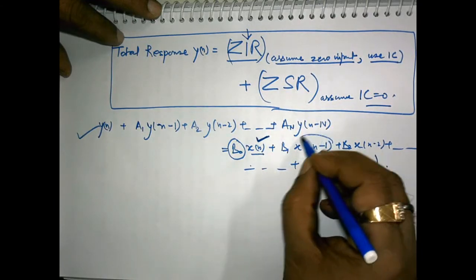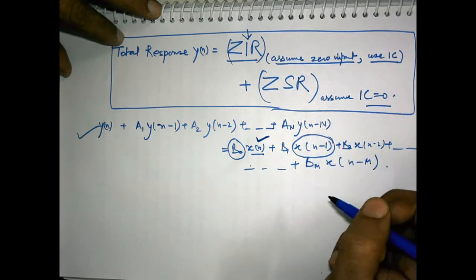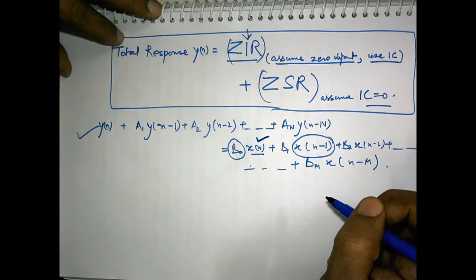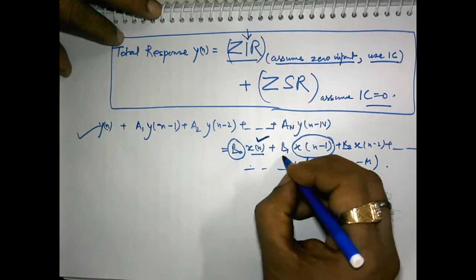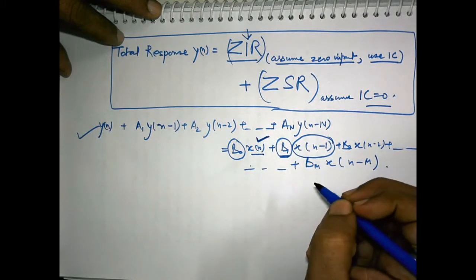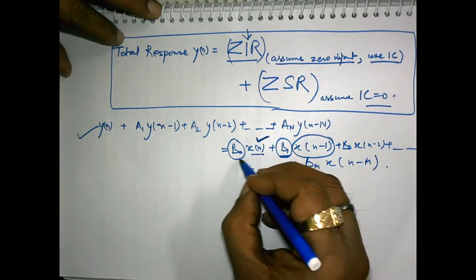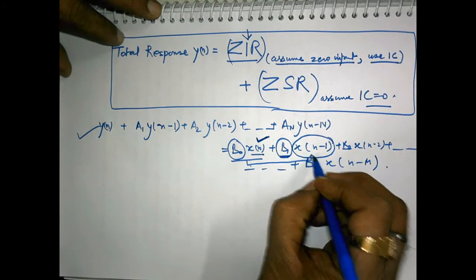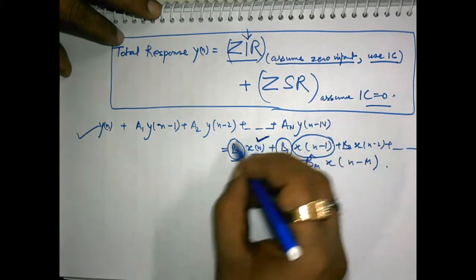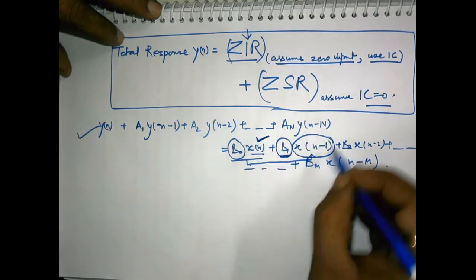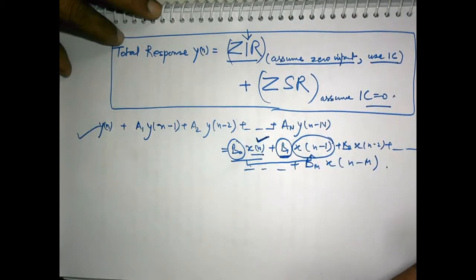we can very easily determine what will be the output when we are applying x n minus 1. The same output is shifted by 1 unit in time, and that output is also multiplied by b1. And if these two outputs are added, then we can obtain what will be the output if these two inputs are applied together. Okay, so we will use this property to evaluate the general solution of the difference equation.